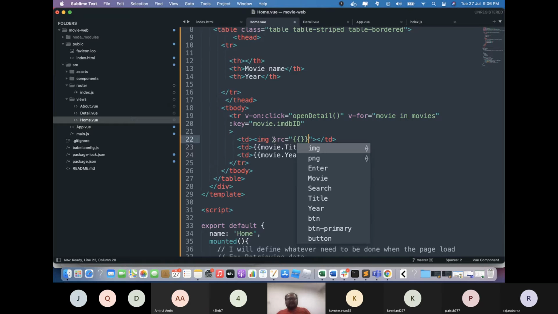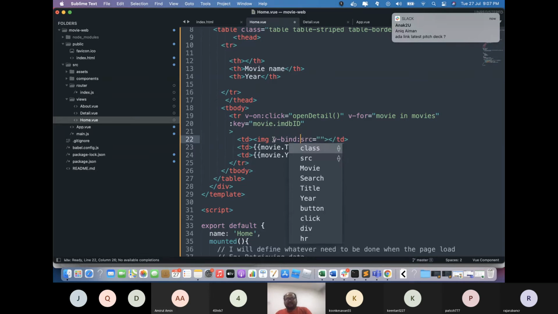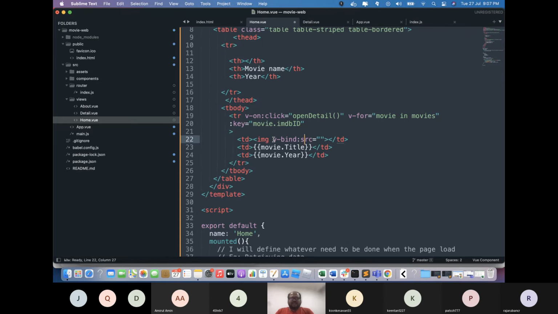I cannot do it like that. I have to use V-bind SRC. All right. If you want it to be bound to an attribute, you will do V dash bind SRC, and then you put